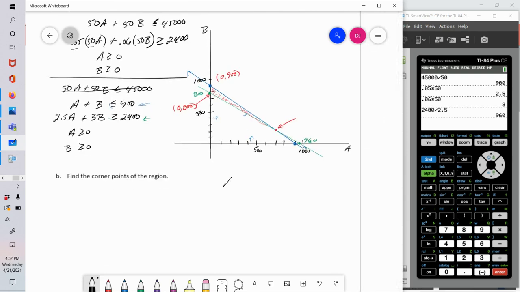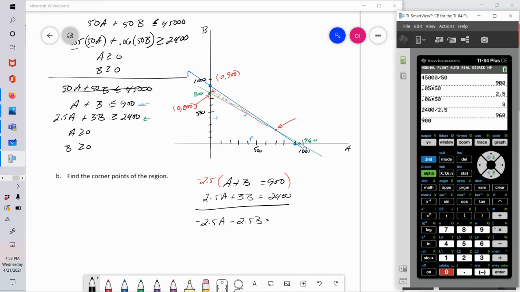So I'm going to need to know where A plus B equals 900, and 2.5A plus 3B equals 2400. I need to find where they intersect. You may or may not care for this. I'm just going to multiply that equation by negative 2.5. Negative 2.5A minus 2.5B is equal to, what's 900